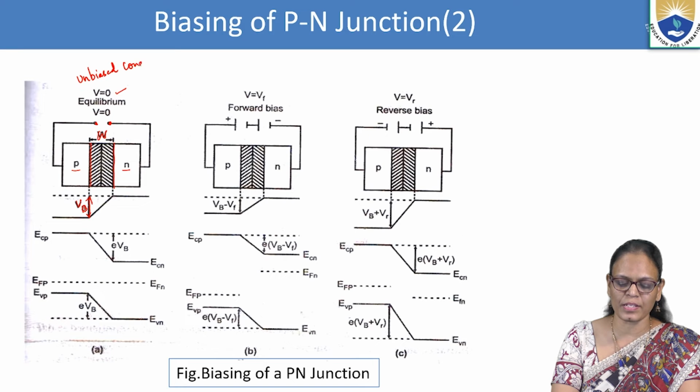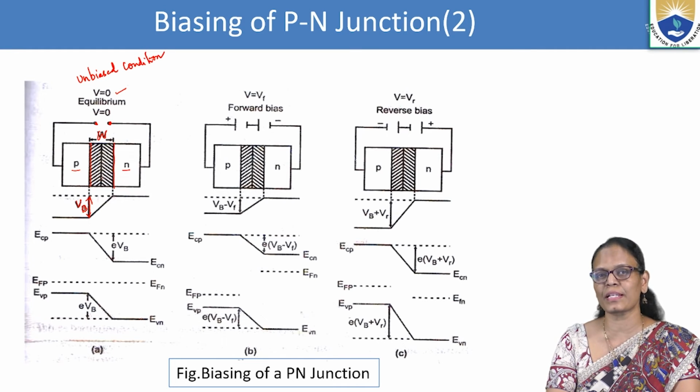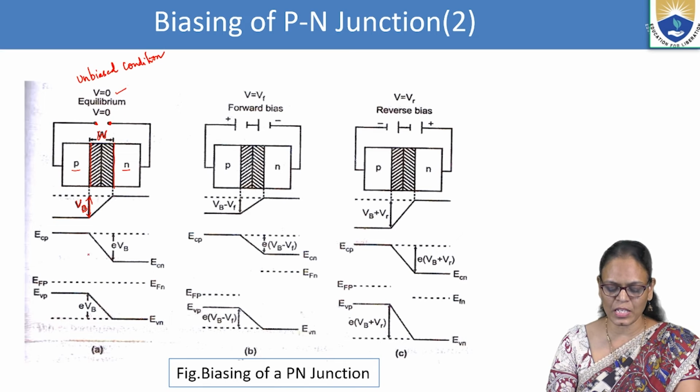This is the unbiased condition. In the unbiased condition, once equilibrium is reached, there is no further movement of electrons and holes onto the other side. And if you see this diagram,